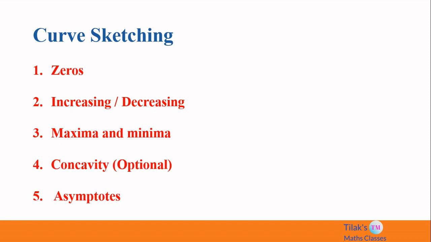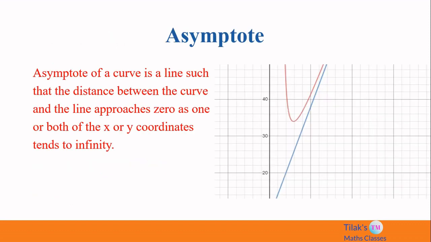Let us define what an asymptote is. In this video, I will limit the discussion to asymptotes that are straight lines. So we can define an asymptote of a curve as a straight line such that the distance between the straight line and the curve approaches 0 as the curve tends to infinity. As you can see here, the separation is clearly tending to 0 as the curve is approaching infinity. So we can say that this straight line is the asymptote of the considered curve.